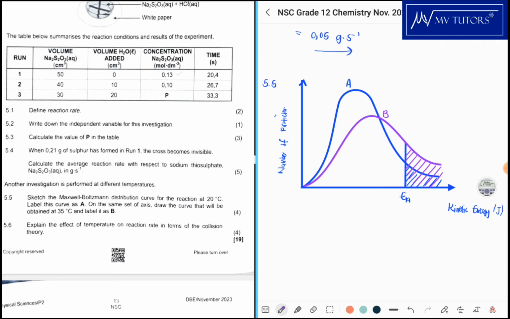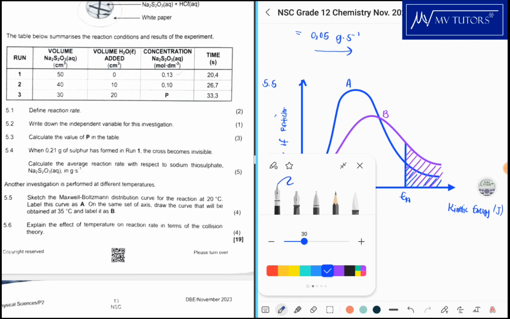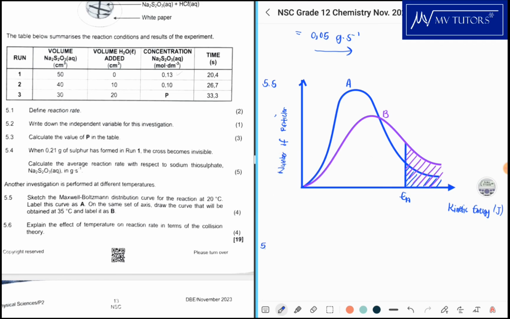All right, so yeah, this is basically how that graph looks. Again, I covered this. If you check out the chemistry playlist, you'll see the video where I covered that lesson. All right, so that's it for 5.5. Let's go to 5.6. It says, explain the effect of temperature on the reaction rate in terms of